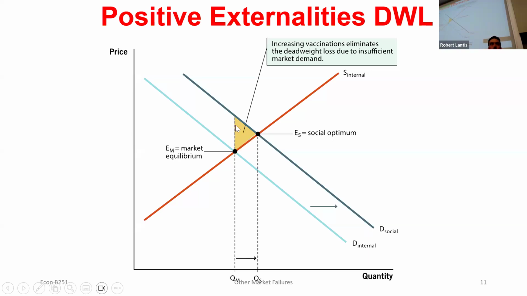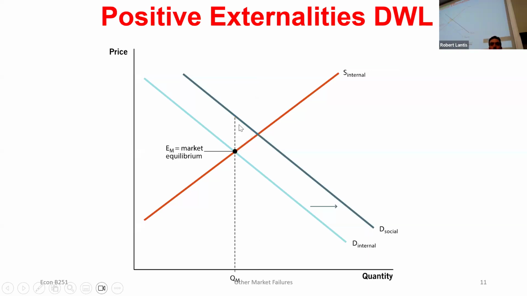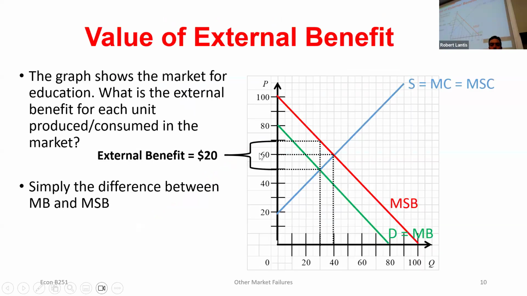Now I'll revisit this and draw this out in a second. But what I skipped on this slide was, if I'm looking at something like this, how can I determine what the external benefit was? We said we could determine the external cost. It was just the difference between private marginal costs and society's marginal costs. So how can I find the external benefit? It's going to be, at the same quantity, the difference between the private marginal benefits